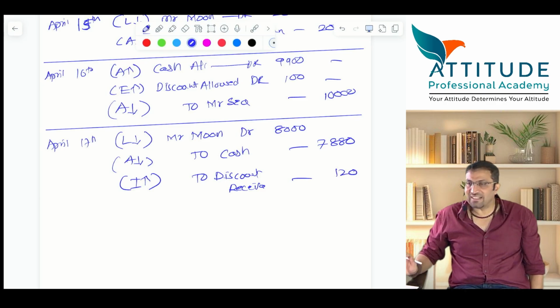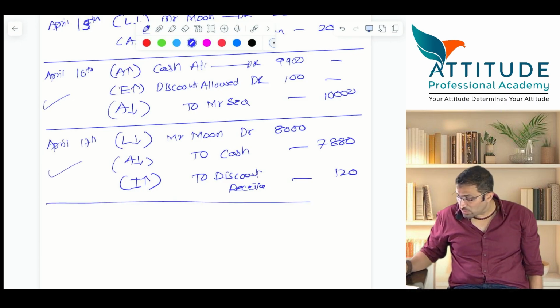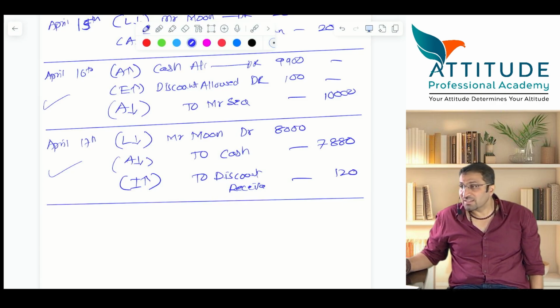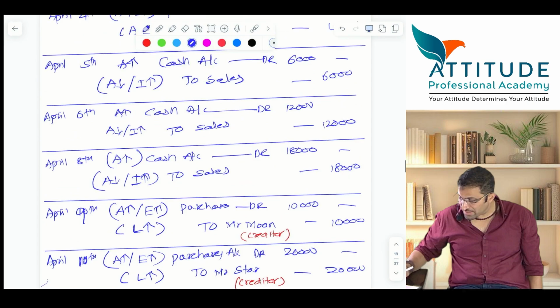120. Debit and credit should tally. Is that clear? These two entries are known as compound journal entries. What entries? Because there is no single debit or single credit. There are multiple debits and a single credit, or multiple credits and a single debit. It can happen. Is that clear? Next comes